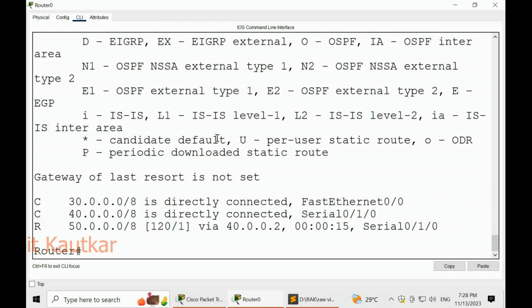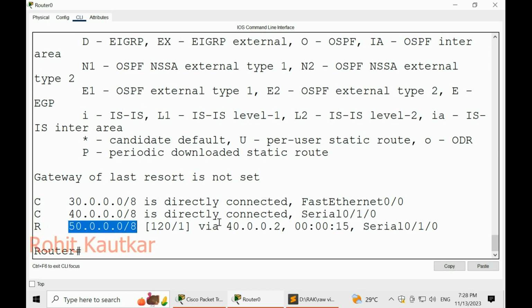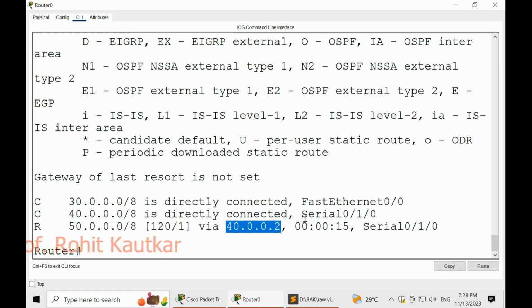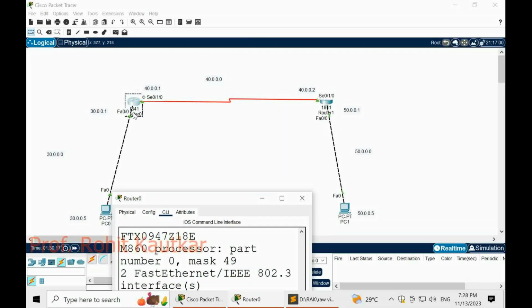For example, you can see router 1 has learned this new available network through 40.0.0.2. So router 1 has learned about this new available network 50.0.0.0 through the second router, because both routers exchange the routing information with each other. So that's why.